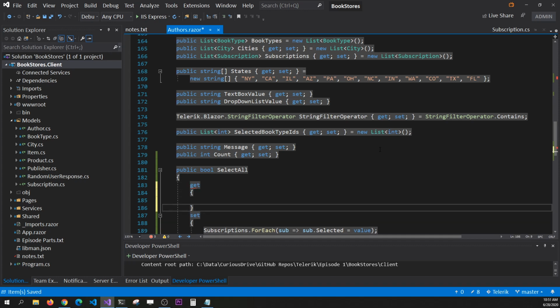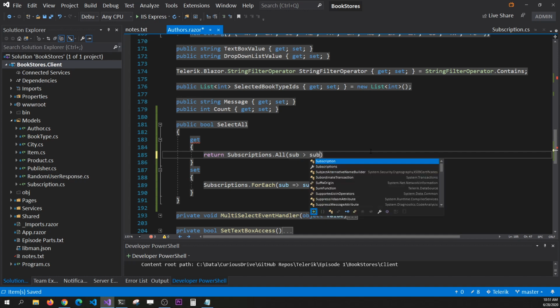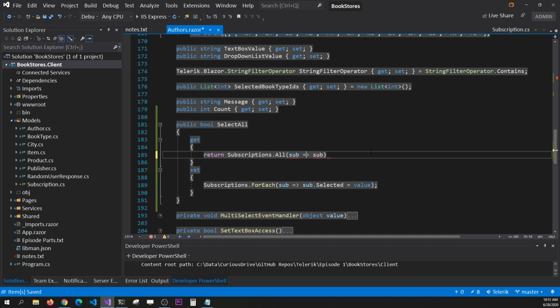And whenever it comes to getting that property, whenever all the subscriptions' selected property is set to true, that's when I would like to set this property to true too. So I'm going to say return subscriptions, and when all the subscriptions have selected property set to true or false, that's what I would like to assign it to my checkbox,